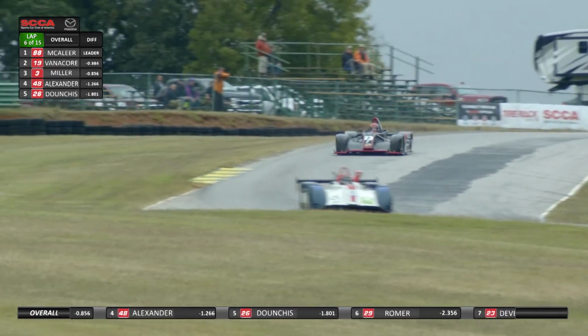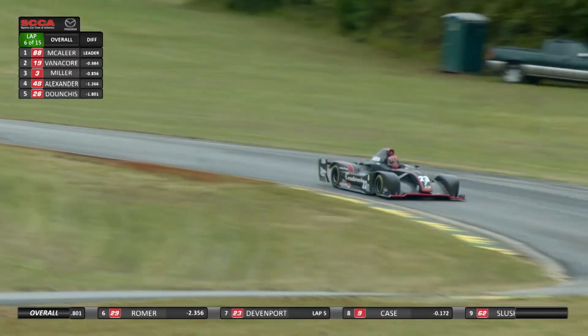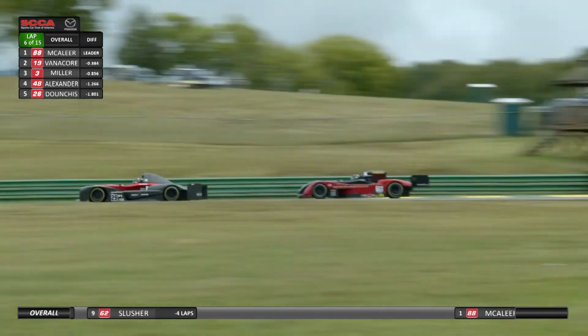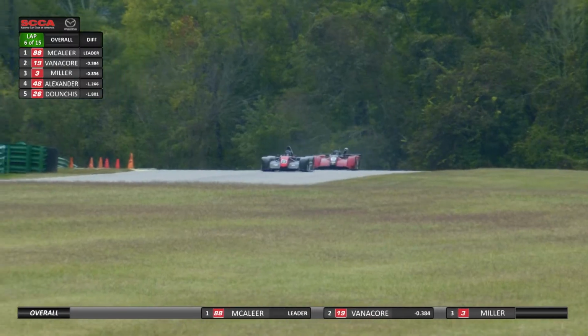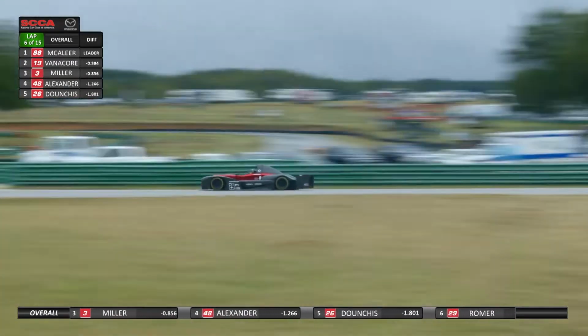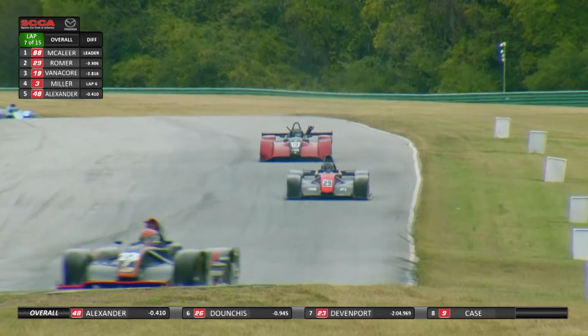But that is Devenport, 2-time champion in this class. But look already behind them as Devenport now chasing him down. But there you go, there's Vanacore giving up the spot. Even despite having the rain tires on, Romer faster, even around Hog Pen. Those tires very soft. Probably a little bit extra grip here early in the stages. The problem will be if those tires start to wear as the laps accumulate. Devenport sets fast lap of the race on that first lap